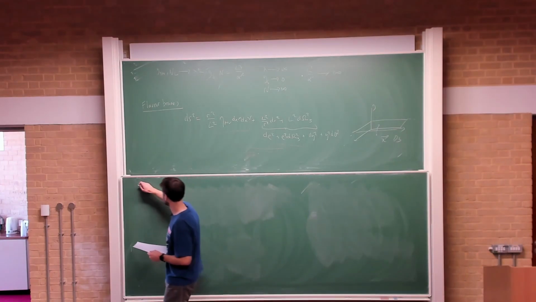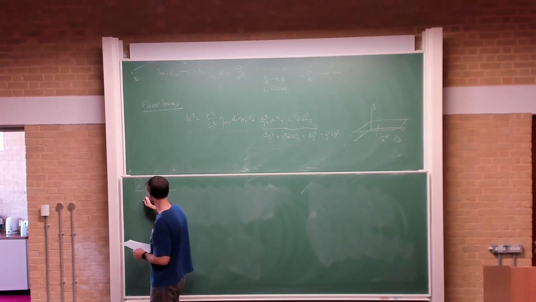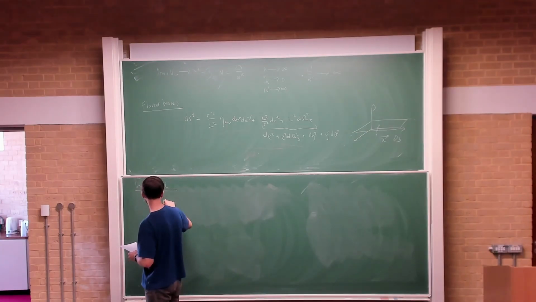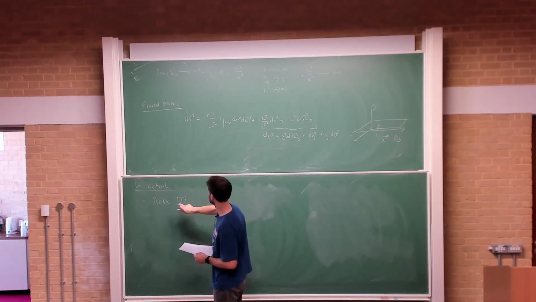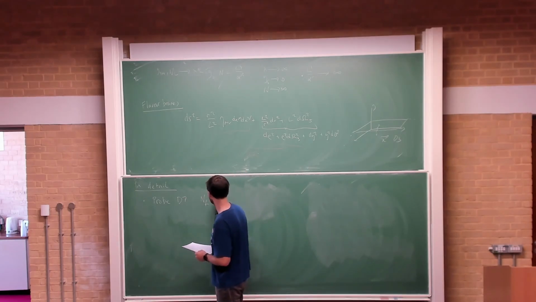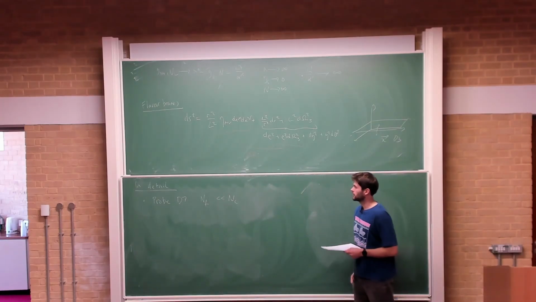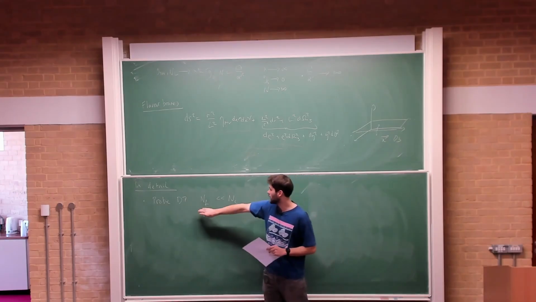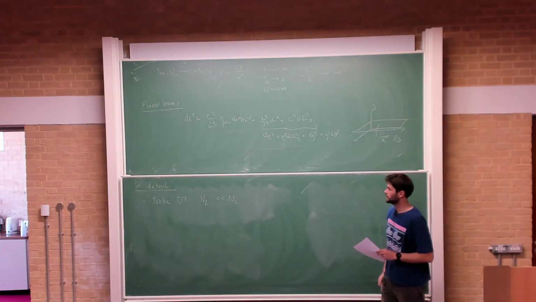So in more detail, we're inserting a probe D7 brane, which means that, if we label the number of D7 branes that we place into our background as NF, we want this to be much smaller than NC. So this condition can be understood both gravitationally and in the field theory side. So gravitationally, this just means that the source contributions from this D7 brane to the background equation of motion is negligible.